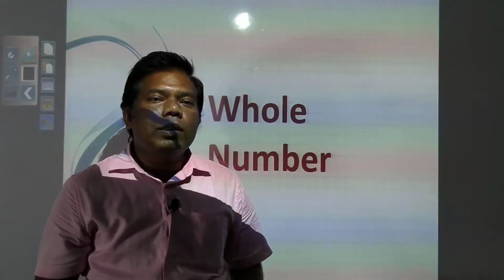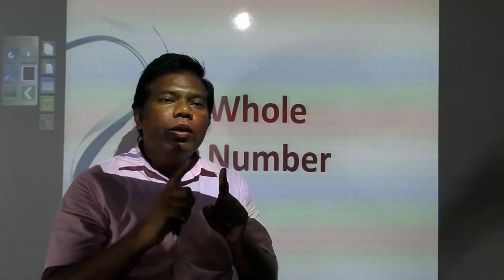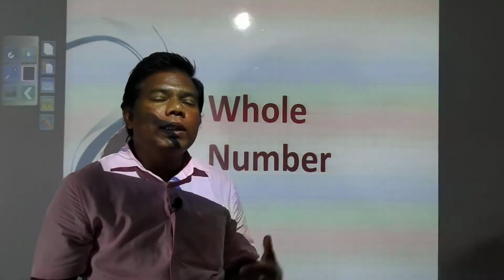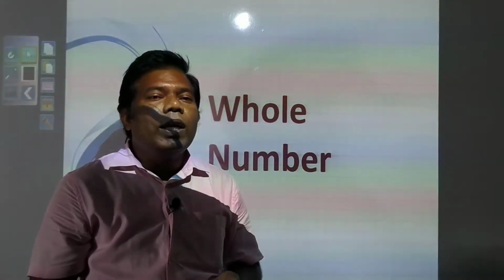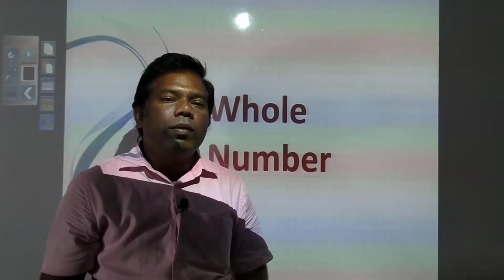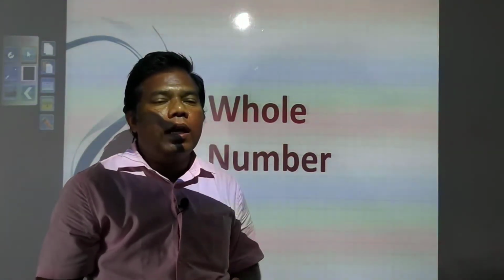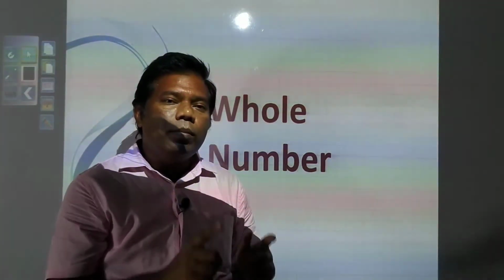We have been doing whole numbers. Already we have started operations on whole numbers and we had seen in the last video properties of addition. I hope you must have done some examples also. It was told to do exercise 3b. Many of you must have done it and many might have started, and we had seen some magic square and it was told to complete your exercise. In that you have questions also. So those who have completed, be with your notebook so that together you can check whether you have done correctly or not, and those who have not done, just be with your copy book so that together you can complete your exercise. So let's start.